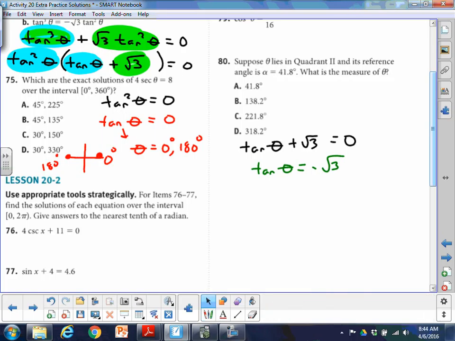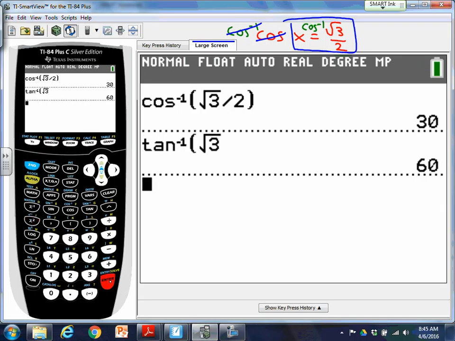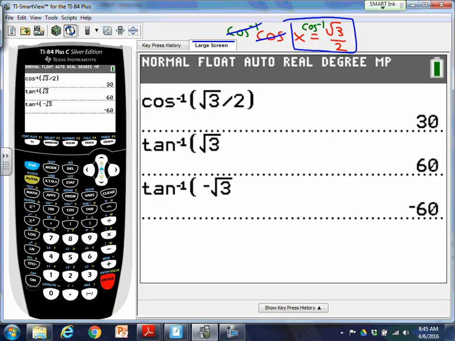If we just want to see it on the calculator again, remember to find the reference angle, you actually ignore this negative sign for the time being. So I'm going to go in and do an inverse tangent of root 3. And I'll show you why. If we would have done it without ignoring the negative, let's say an inverse tangent of the opposite of root 3, this is going to give you a negative 60 answer. And the reason I don't want to use negative 60